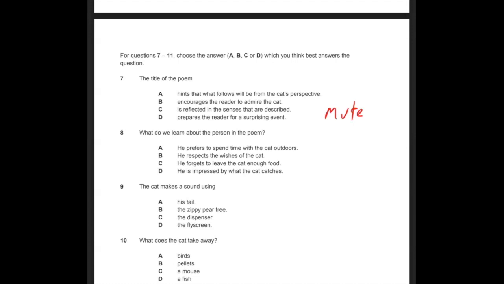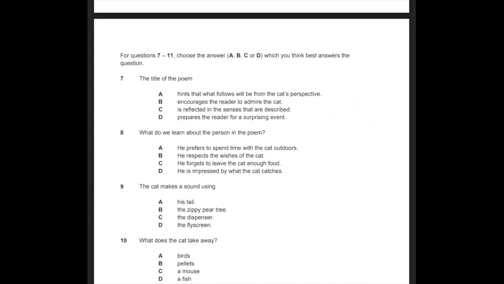So observing, which is seeing, the mute cat, because this poem is all about looking at this cat, looking at all the different things that it does and how it behaves, and also basically just looking at the cat itself, which is the act of observing. Now the cat itself, it doesn't make noises. The poem doesn't really talk too much about the noises the cat makes by itself. Of course, it does talk about how it rattles the doors and things like that, but ultimately the cat itself doesn't speak or make many noises. So we are watching a cat that doesn't make many noises.